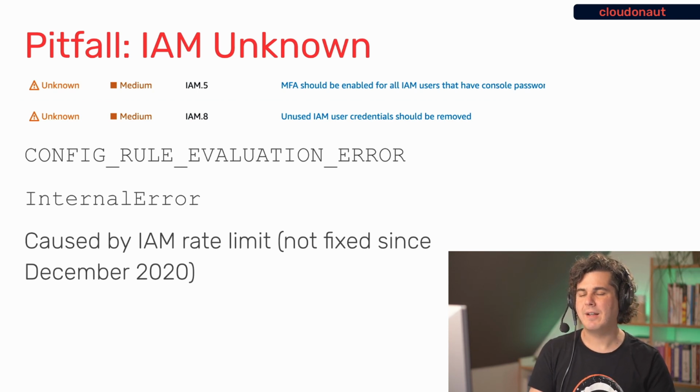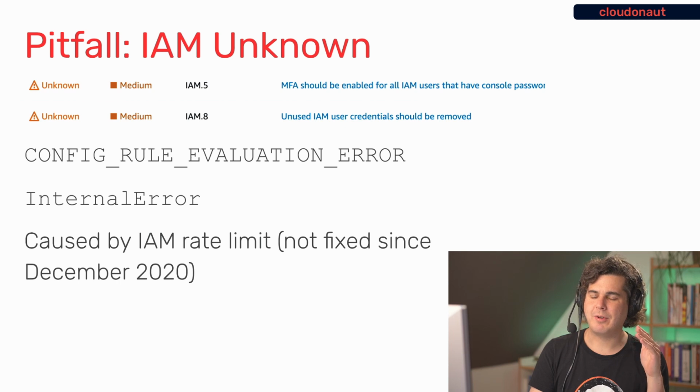It turns out that in the AWS Foundational Security Best Practices standard, there are the IAM checks, and quite a few of them can error with the config rule evaluation error, internal error. Which, as you might guess, is not very helpful to understand what the root cause is. They show up in the overview as an unknown status. Unknown basically means AWS is not able to get to a decision if it's passed or failed. Then I looked for that error, and in the AWS forums, I saw a post